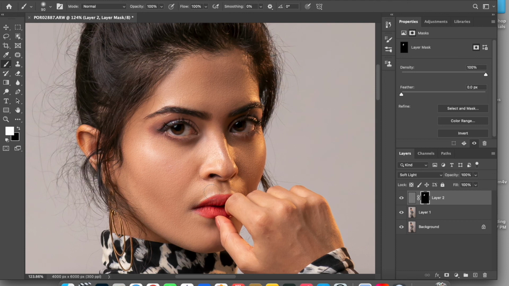So in this method, you have learned using a mixture brush to quickly work on the face, and also, to keep it from looking fake, you add an artificial texture on it. So these are the two methods. First is frequency separation, and second is using a mixture brush and then adding an extra texture. These are the two methods which you can use for your portrait photos and turn them into an amazing photo.